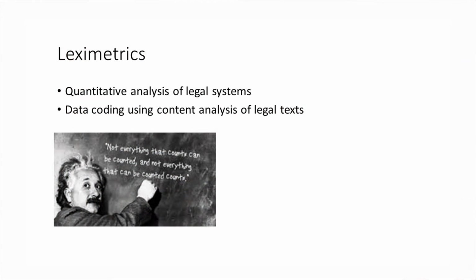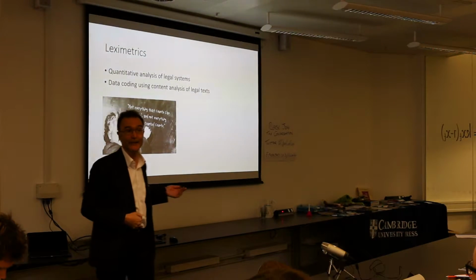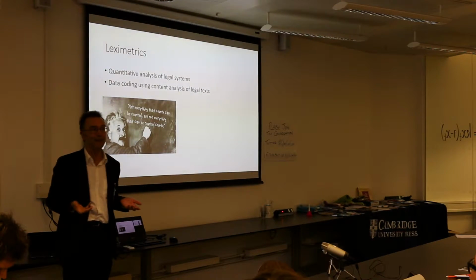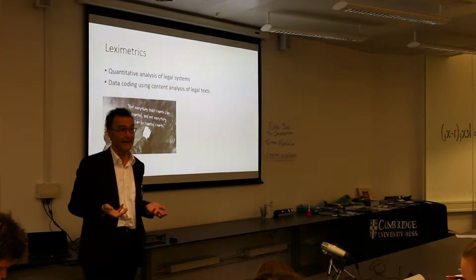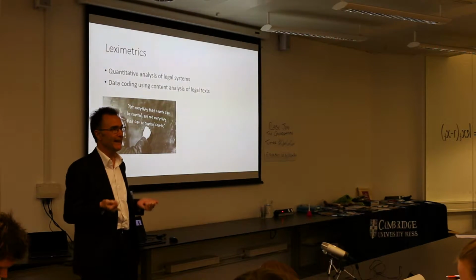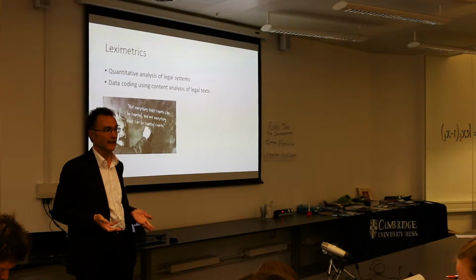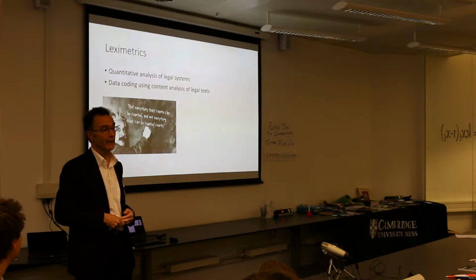And now we're aware that not all things can be measured. Now, Einstein probably didn't say, I gather, "not everything that counts can be counted and not everything that can be counted counts," but he should have said that because it's a very interesting thing to say. We know that many aspects of legal rules can't really be counted. And there are many aspects of legal systems which really count, which we'll never be able to measure. Right, okay. But as social scientists, which we hope we are, we understand that if we can't measure something, it may be very difficult to analyse it, very difficult to get a grip on it.